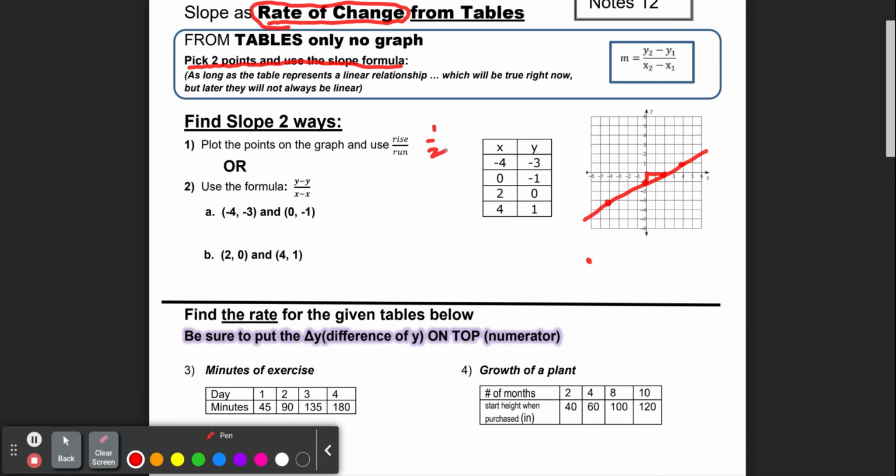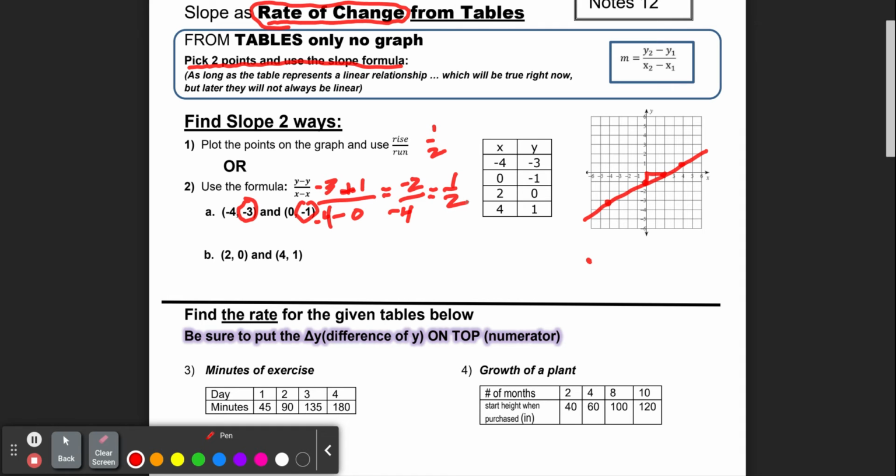Or you can use a formula, and this is what we're doing today. You just pick any 2 points from the table. So -4, -3, and 0, -1 is the 2 that I chose, which are the first 2 order pairs in the table. So remember, we're going to circle the second number and then do your dash, line, dash. I'm going to do -3 and -1, which becomes a +1, and then -4 minus 0. So -3 plus 1 is -2 over -4, and that reduces to 1/2,